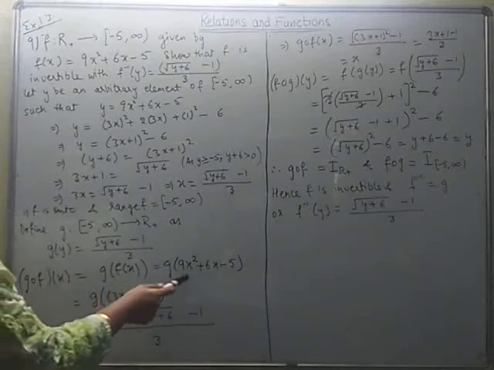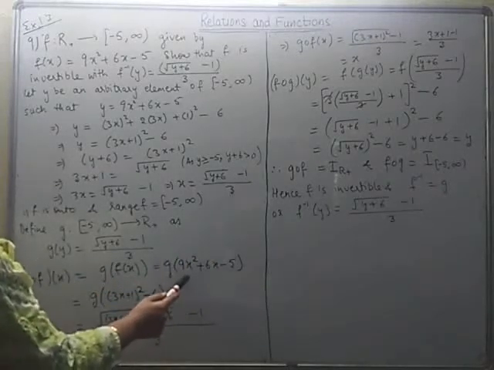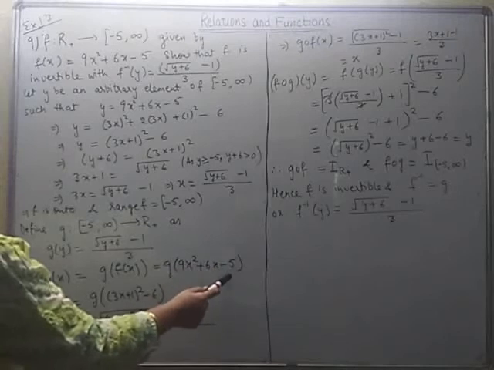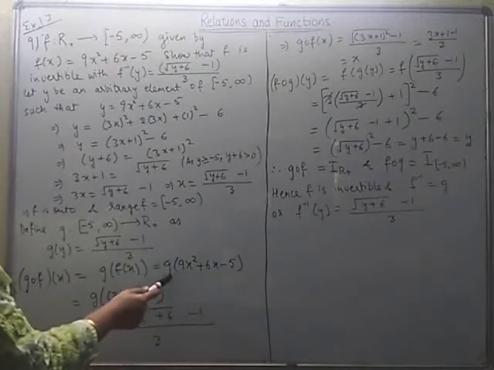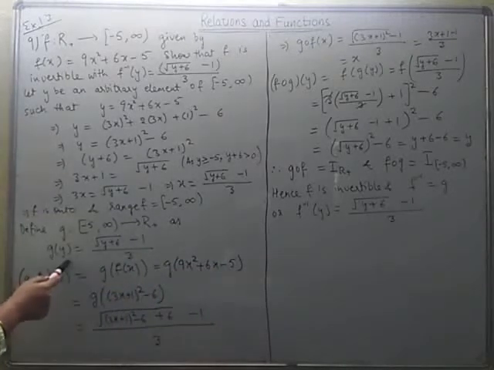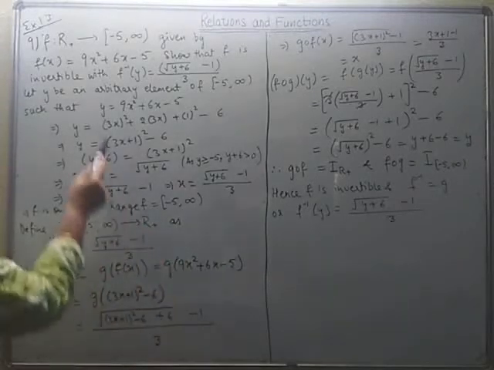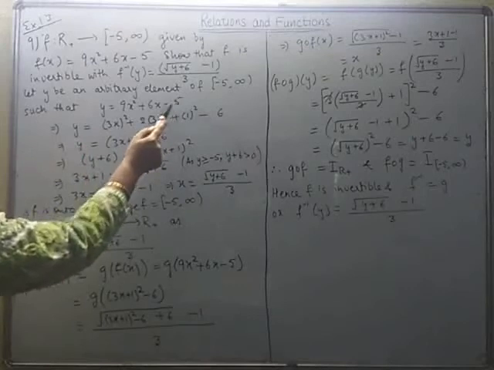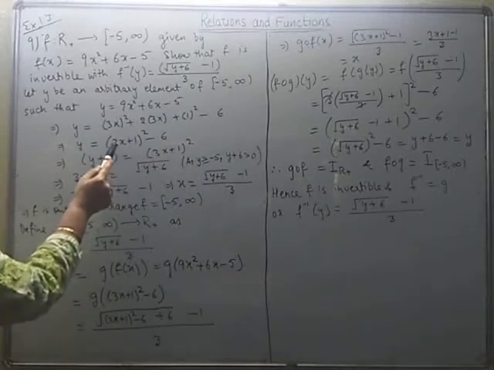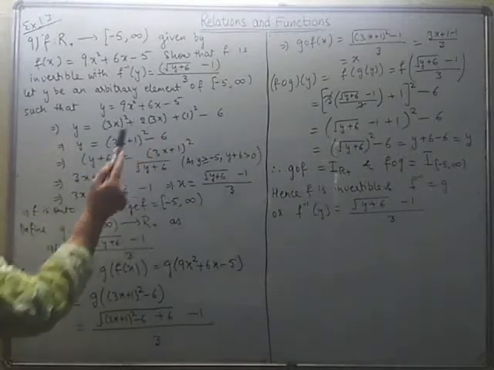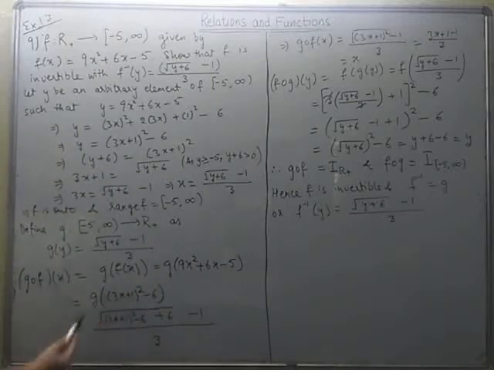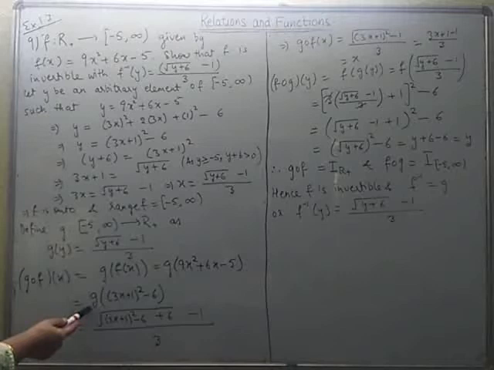Okay, so g of f(x), and f(x) is 9x squared plus 6x minus 5. Now you can use the definition for the function g(y). Before doing that, I have used another form of this. You can see we converted this quadratic polynomial into the difference of (3x plus 1) whole square minus 6. So I am replacing it by this. So now use the definition for the function g(y).